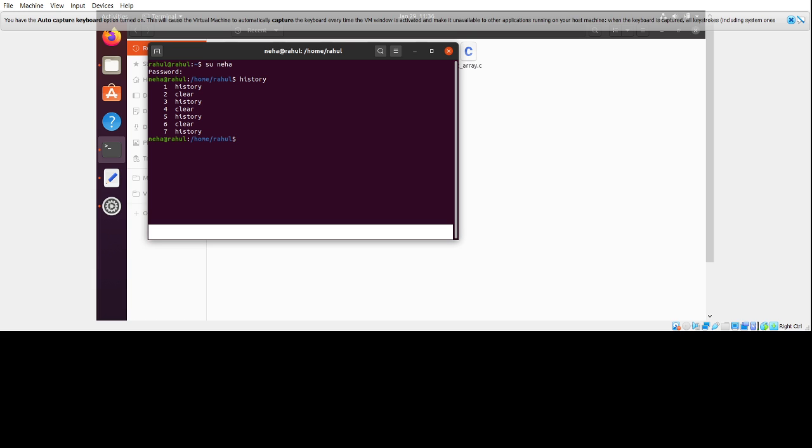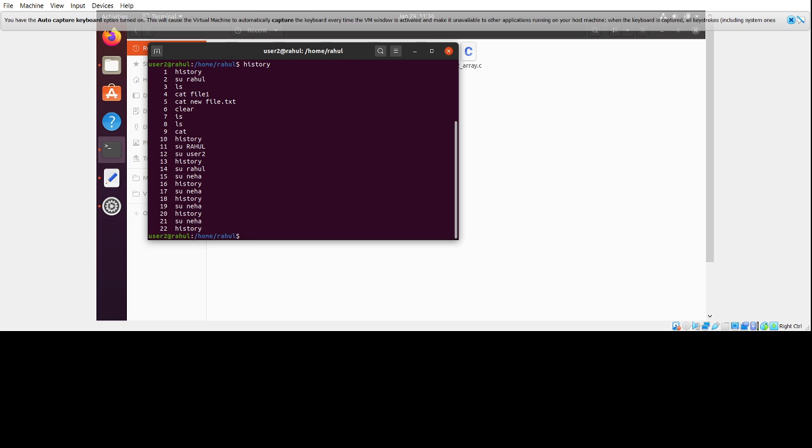This is again the user for another user too. Up again, history, enter. This is the su command without any option for users.